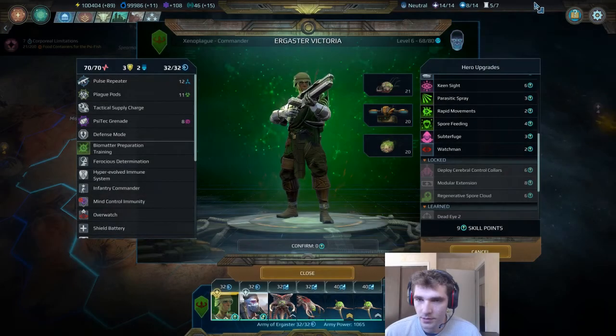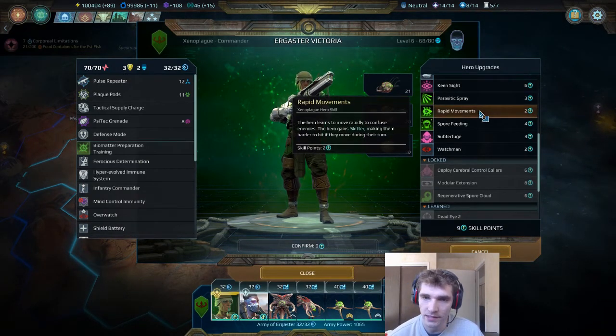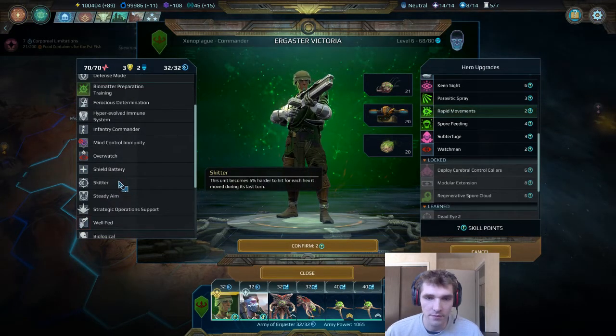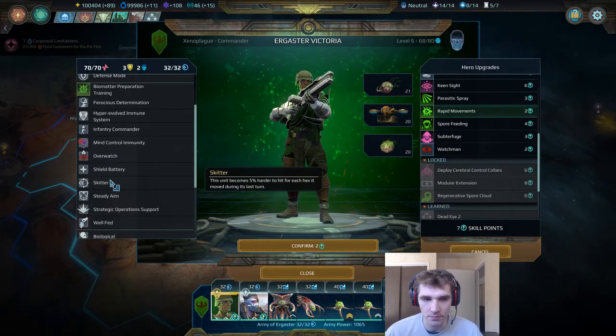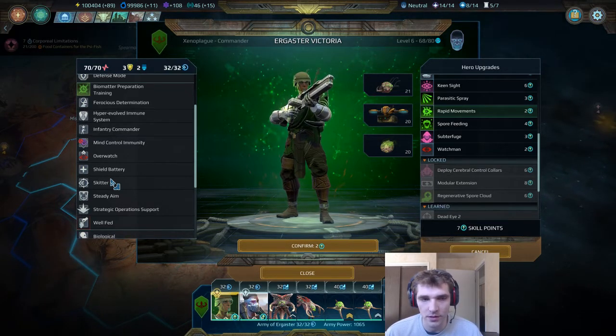Okay, let's talk a little bit more about rapid movements. Rapid movements only cost 2 skill points and makes your unit a lot harder to hit. By getting Skitter, every tile that they move will give them, I think, 5% harder to hit. Which, if you move your entire range of movement, if you have fast moving, that's a lot of tiles. That will make you really hard to hit. It's the equivalent of being in cover. So if you run in behind cover, maybe give yourself some obscurity from another unit, then yeah, you got a pretty